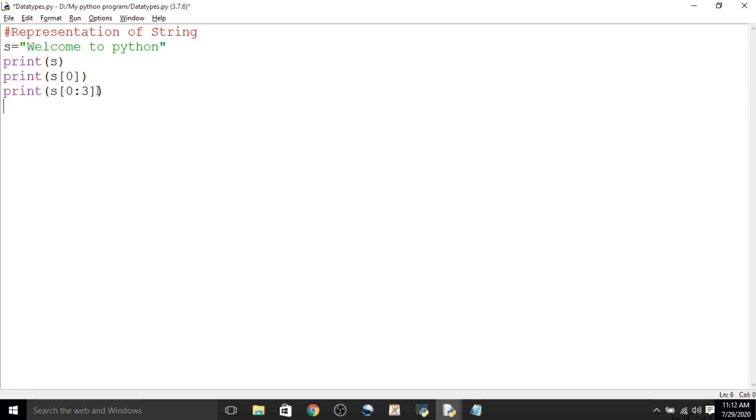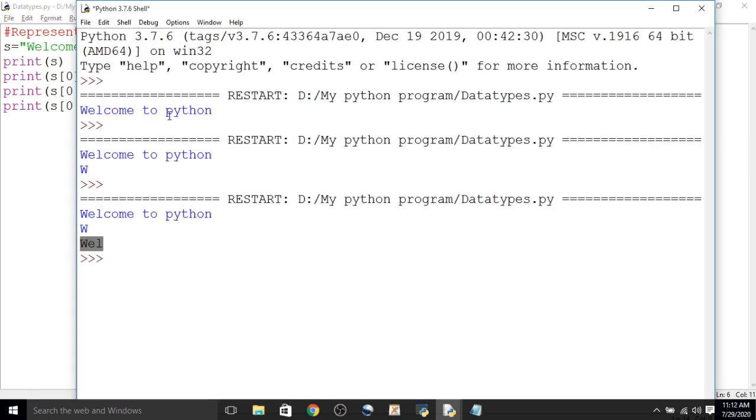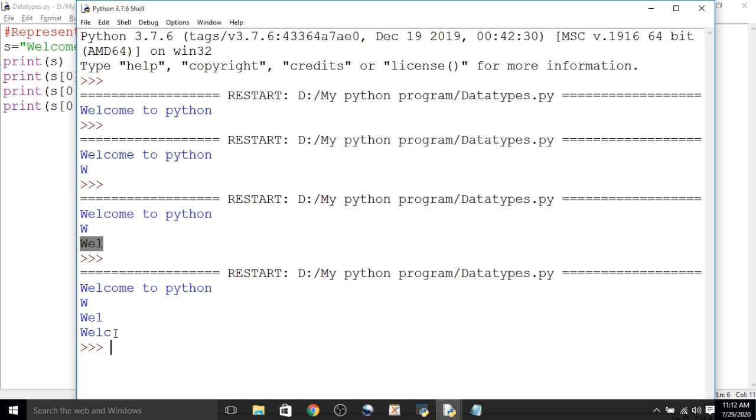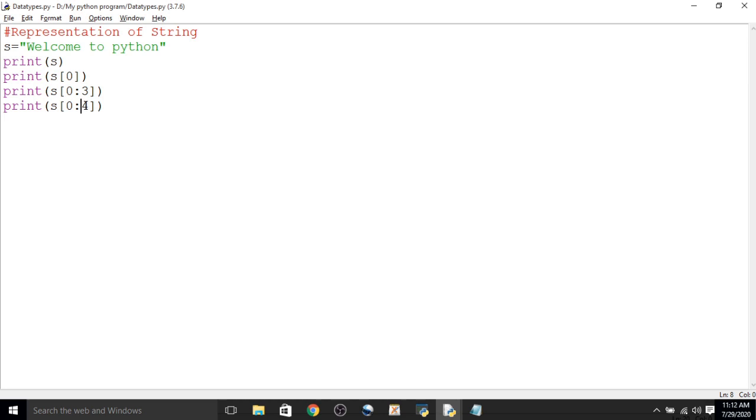Same with another example. Suppose you take 4, WELC will be retrieved. So if you write end as 4, it will go up to 3. If you write end as 3, it will go up to the second index.